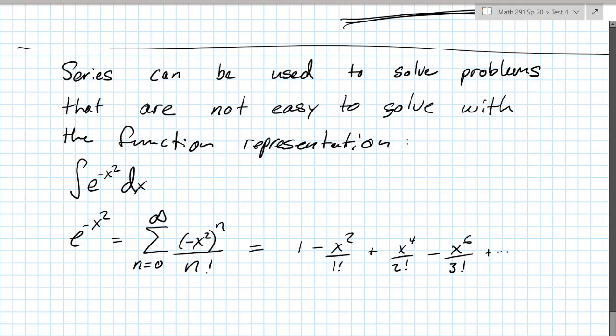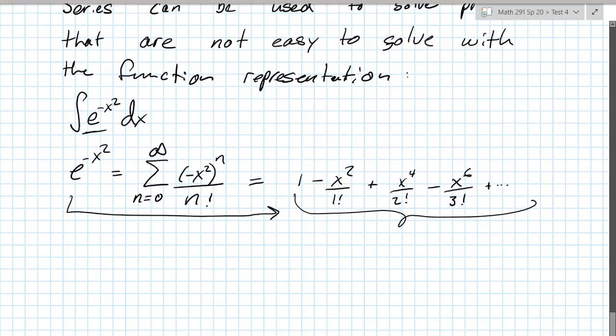So if we knew that this equals that, we could then replace this in for our e to the negative x squared, and then integrate term by term,